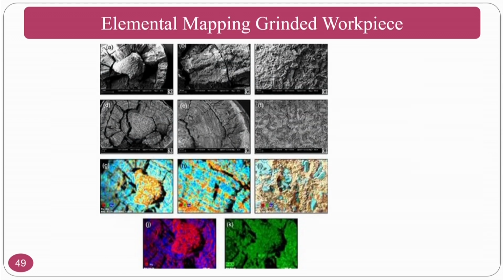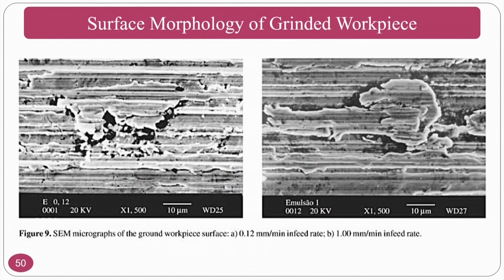The surface roughness and elemental analysis, if you can see here, a lot of damage will be there for the grinding surfaces, and you can also see the elemental mapping. You can see there will be a change in the surface morphology. The parent material, whenever you see the parent material, this is called elemental mapping. Okay. You can map the elements. For the same pictures, you can see how the elements can be mapped, and you can check. And you can see the grinding surfaces.